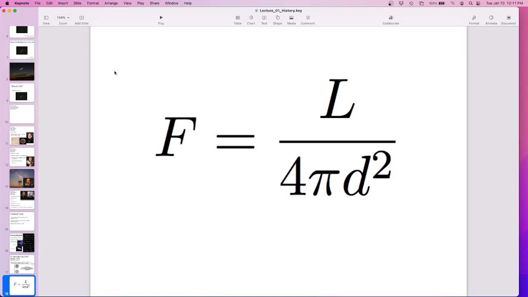Do you mind explaining it? Yeah, totally. Okay, so F is the flux. This is the light that I experience. And I'll put units on it later because the units get confusing. So that's the light that I collect with my telescope. The luminosity is the brightness of the object at the object. So that's how many photons per second it's spitting off. This is how many photons per second I'm collecting. And then this is the distance to the object. So let me draw a picture.